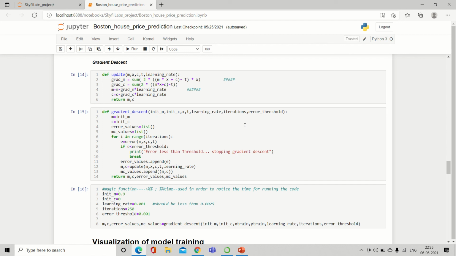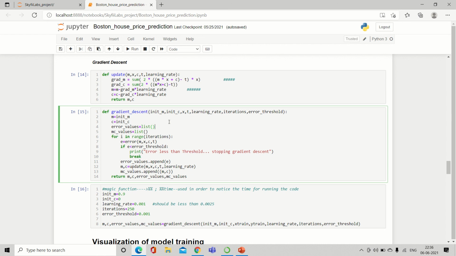We use gradient descent to update the parameters of our model, so we arrive at final m and c values where our model gives best prediction. This is the update function, which updates the values of m and c based on the learning rate.